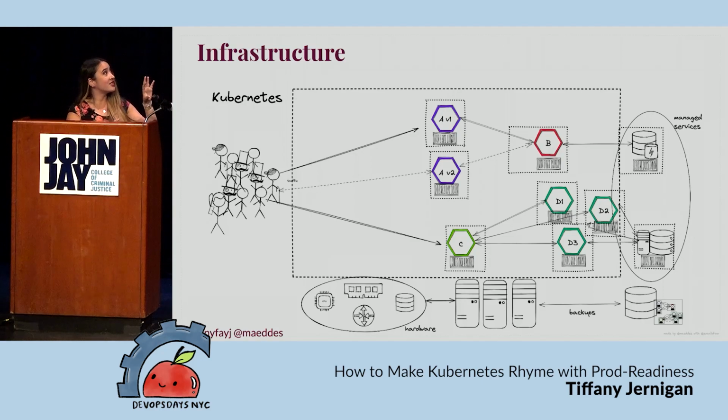You end up needing things such as having backups, whether that is for your specific workloads or being able to back up your cluster if something goes down, or somebody did something and all of a sudden everything is failing. The ability to go back in time a bit to fix the state without spending maybe hundreds of thousands of hours to get things into a good place. You might have some sort of database service or legacy service that you can't directly run in Kubernetes, but you need to be able to provide that to your cluster in some way.